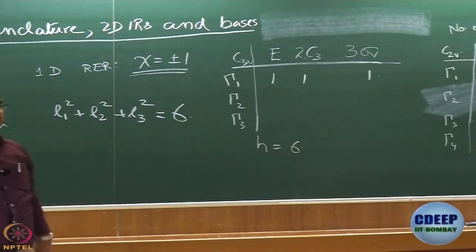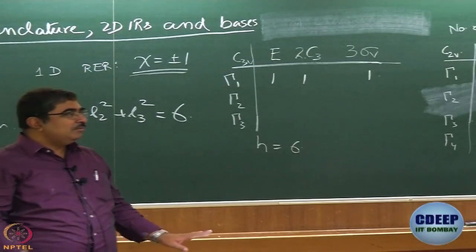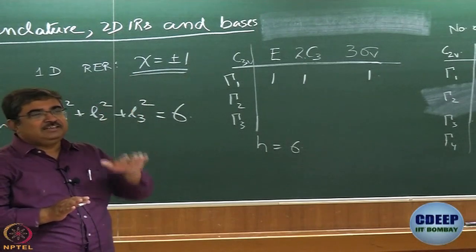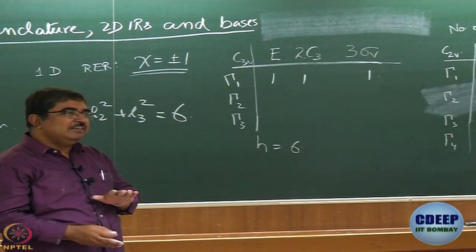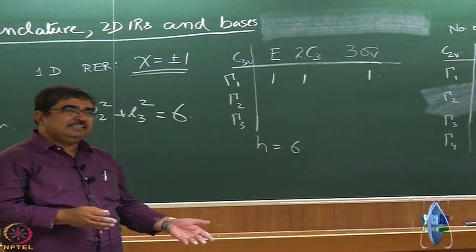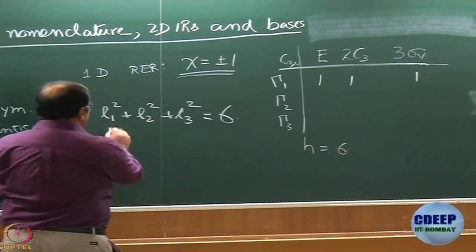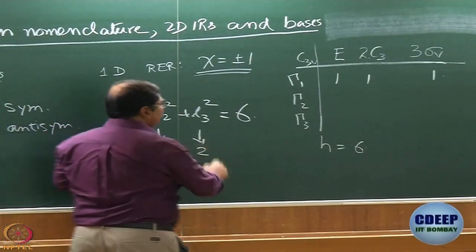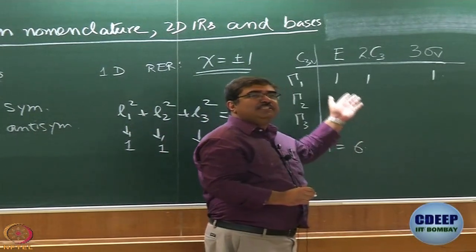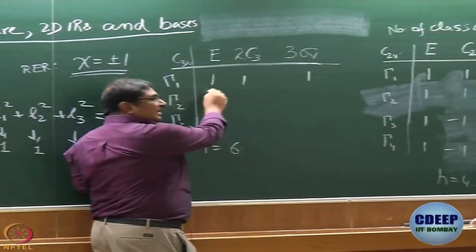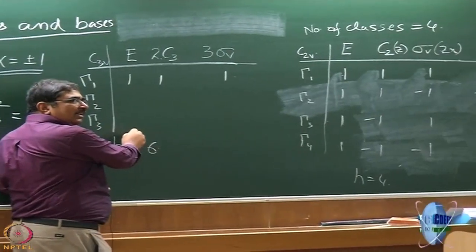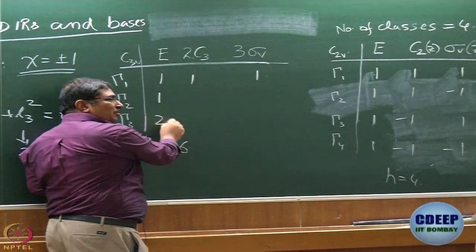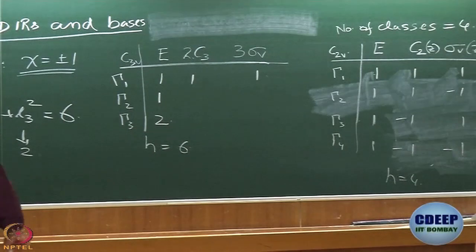What are the possible values of l1, l2, l3? 1, 1, 2. It can be 1, 2, 1, it can be 2, 1, 1, does not matter. But conventionally we write the one dimensional irreducible representation first, then 2 dimensional representations, then 3 dimensional representations. Okay? 1, 1, 2. So, l1 is 1, l2 is 1, l3 is 2. So, here we encounter a 2 dimensional irreducible representation. I can write the characters now, characters of the identity operation. What will it be here? 1. What will it be here? 2. Excellent.